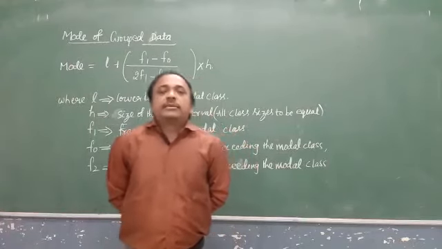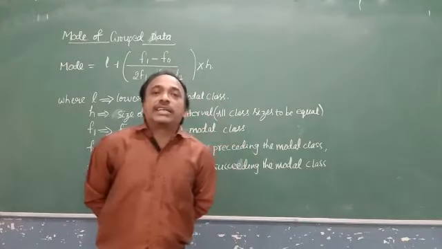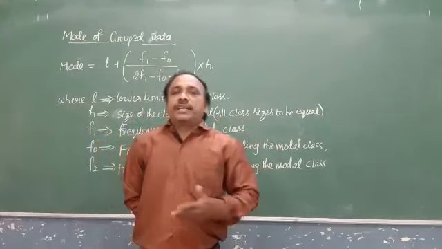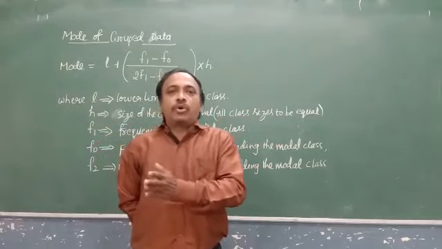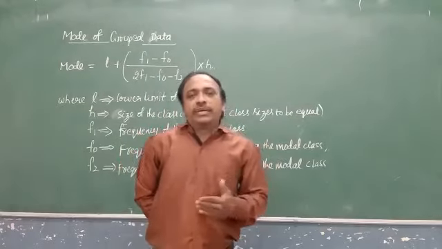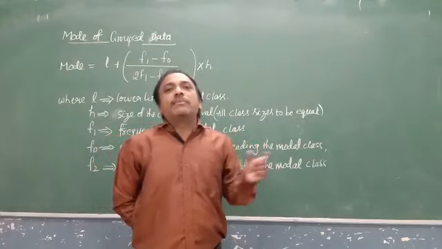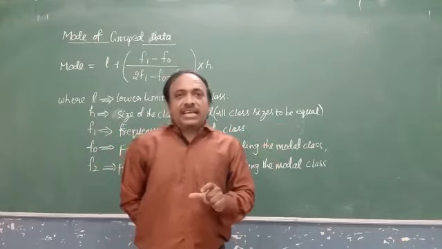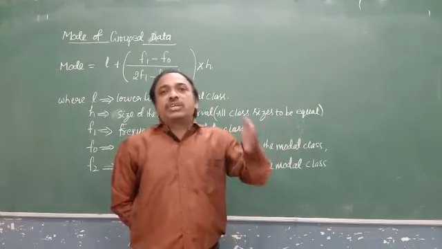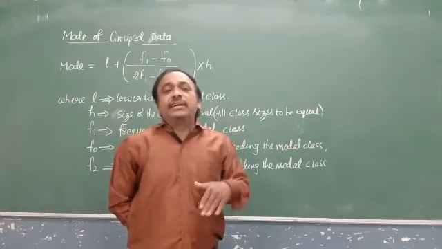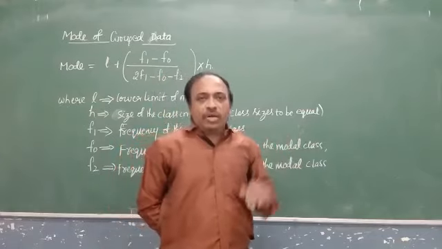Now we will see how to calculate the mode. In the previous session we discussed how to find the mode for ungrouped data: the highest number of times, the maximum number of times something occurs, the most repeated value, is the mode for ungrouped data. For grouped data we cannot simply guess the mode, as it is included in the modal class. We take the modal class based on the highest frequency, and do the calculation based on it.